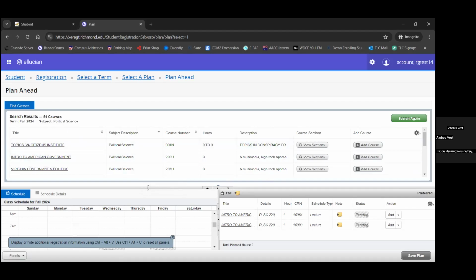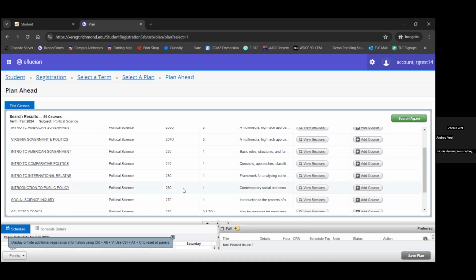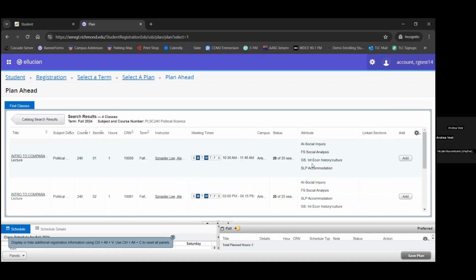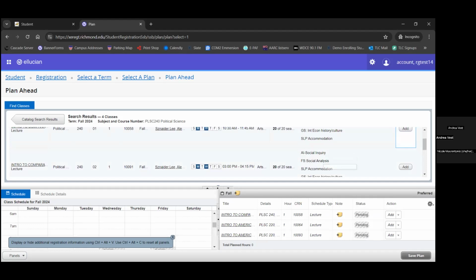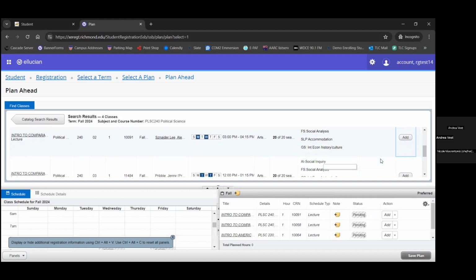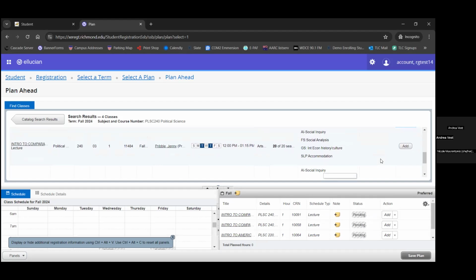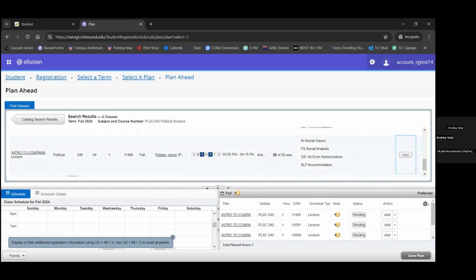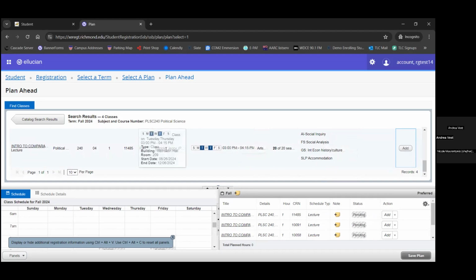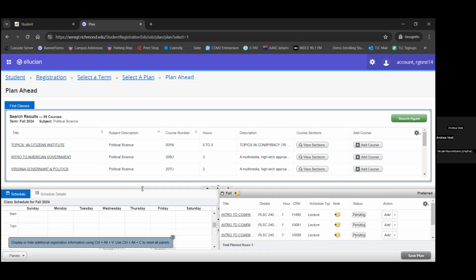Moving along, because I am looking to build out this fall plan of 20 classes, we're going to add some more political science for good measure. So we're going to add political science 240, Intro to Comparative Politics, also a first-year appropriate course. Now, looking here, we'll add the 10:30 to 11:45, since that also fits my interest in not having a noon class. So we'll add those 2 as well. Oh, and then a third. You can see too in the far right, you could see that area of inquiry, social science fulfilled.